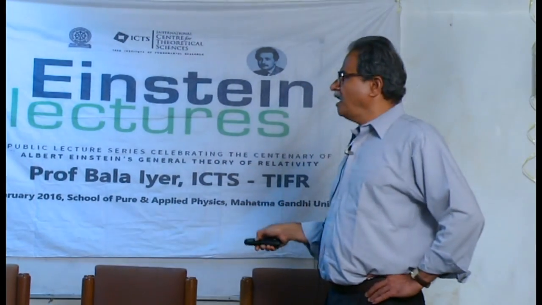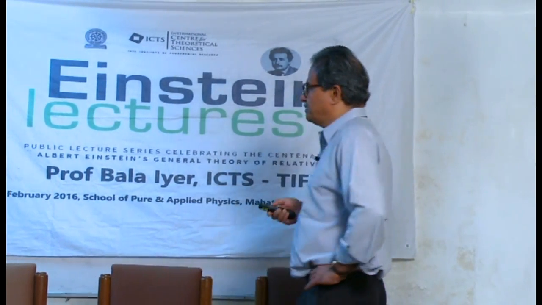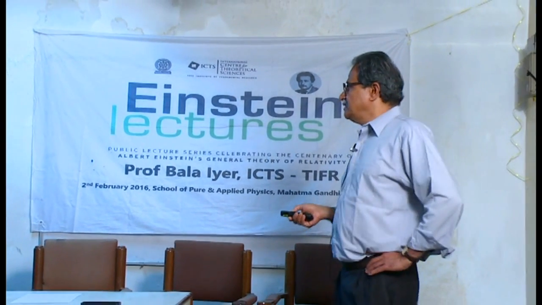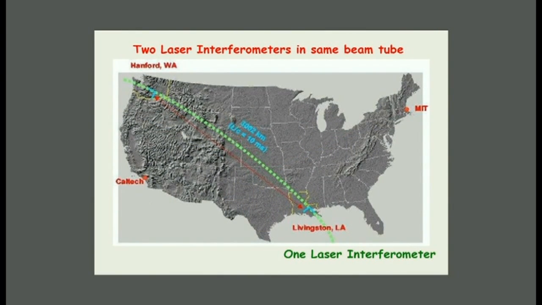So because of the hard effort over almost 40-50 years by these people, the students who worked with them, and the postdocs, we built the interferometer called LIGO, which is 4 kilometers long, in the US at a place called Hanford. Because it is a very tough experiment, you want to be sure that your system is really detecting a gravity wave signal and not the noise from some car. You put another detector as far away as possible at a place called Livingston, and if you really see a signal at both with consistent parameters, only then will you believe that you have seen